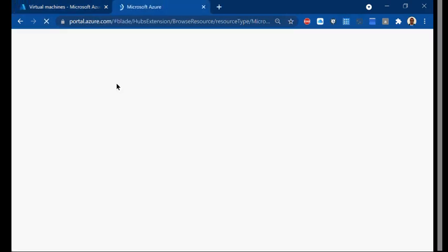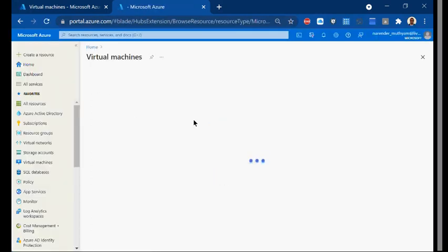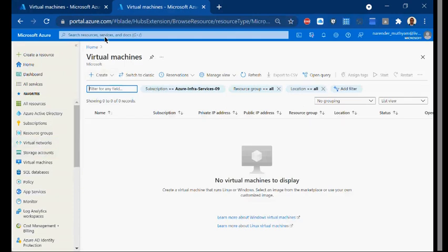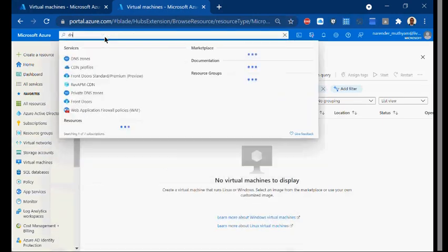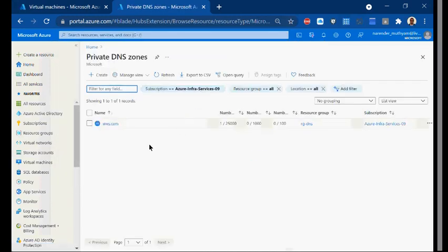And if I go back to the VNets here, sorry, DNS, the moment I go to the DNS, what happens? An A record will get created. Right. So here if I just go to DNS, which private DNS zone I own, right?